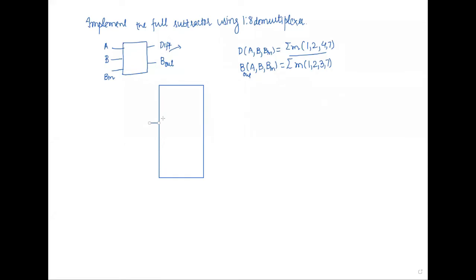This will be your data, and you will have 8 outputs: 1, 2, 3, 4, 5, 6, 7, 8. So these are the 8 outputs. And other than the 8 outputs, we will also have some selection lines.